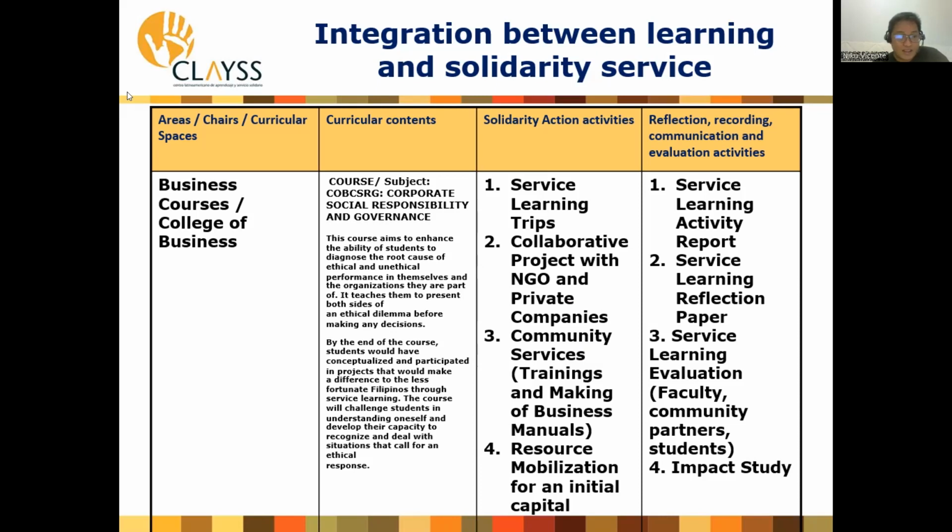I think this would be done by our office. The format for this is to be done by our office, because our university has its own service learning office. We could formulate it with the faculty, with the professor. And then of course, if there comes a time, maybe two years after this, there will be an impact study, which we always do in our university. If we want to have an impact study, it is a third party. We always hire someone from outside so that the study is very objective.